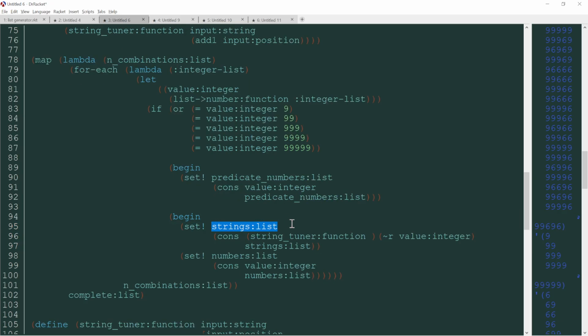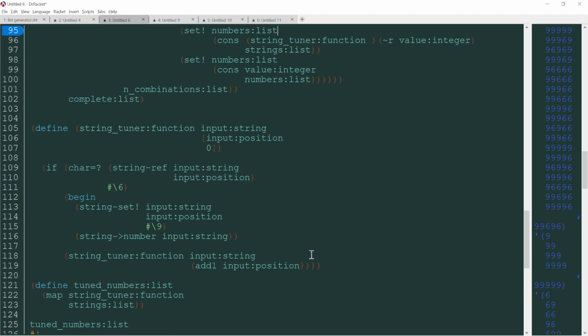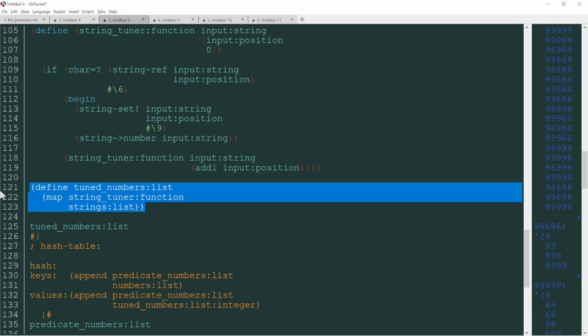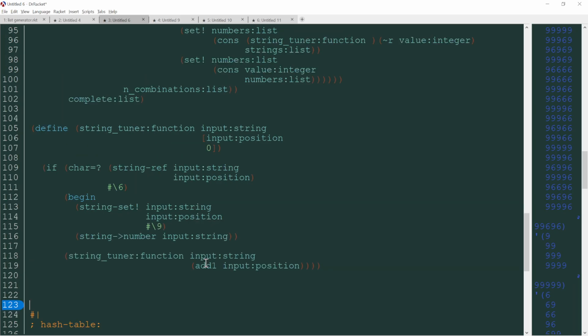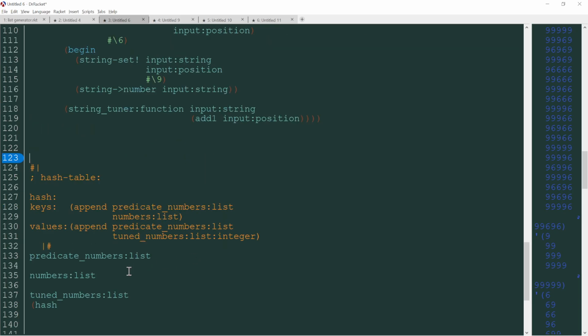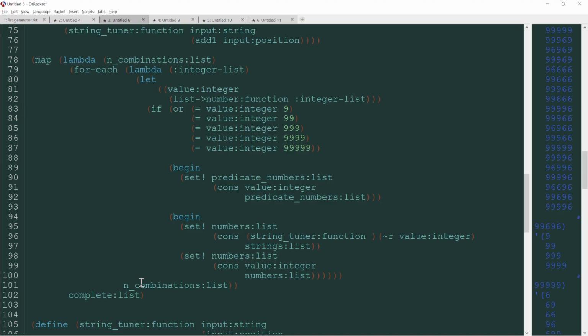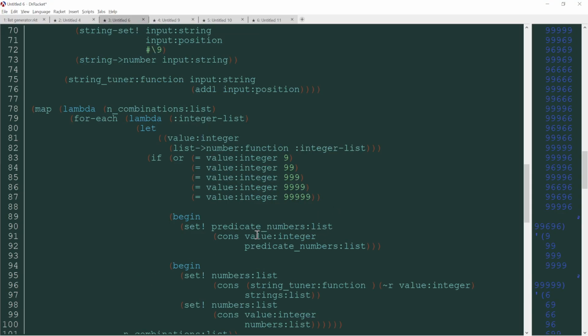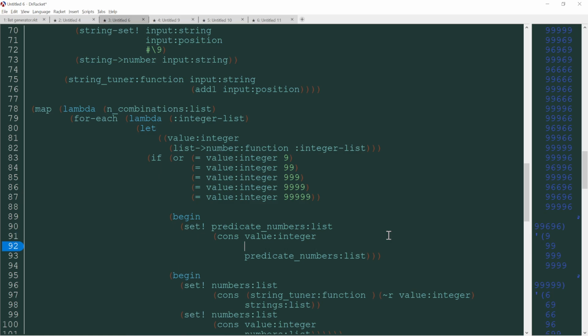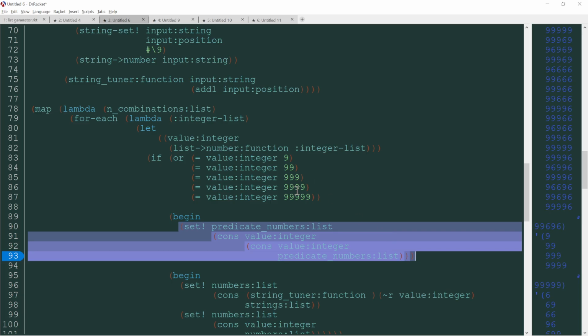So this would actually still be numbers list. Okay, and then we don't perform this mapping, we don't have tuned numbers. So this is actually going to be const value integer onto const value integer onto predicate numbers list. Okay, and then